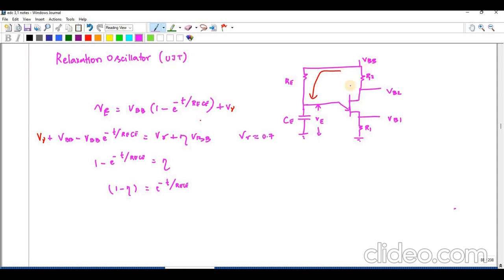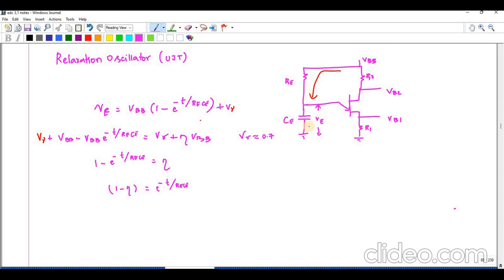So in the UJT I am going to connect RE and CE. You can see initially the current will flow like this. Initially, there is no voltage across this capacitance. Once it is charging in this direction,